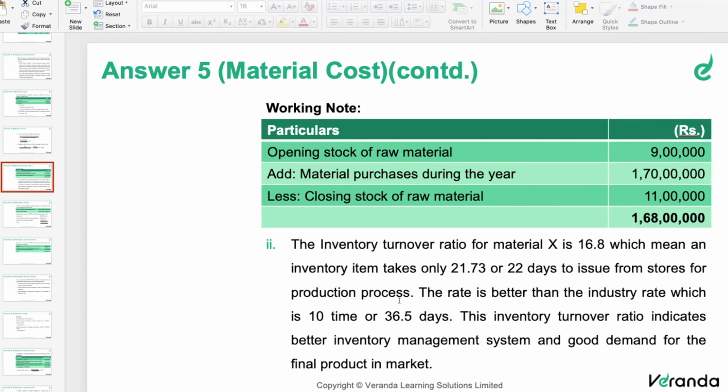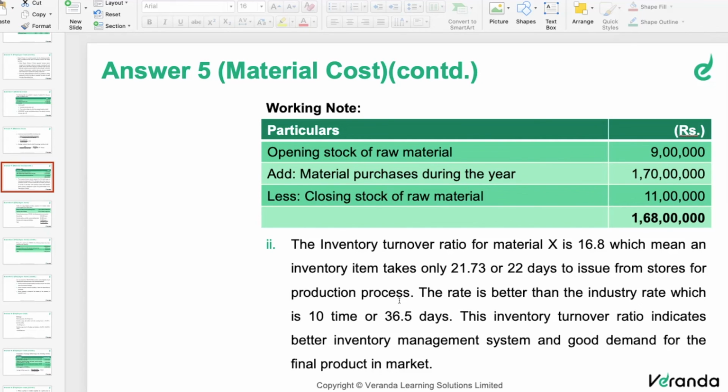It helps us identify whether stock is fast moving, slow moving or non-moving. When compared to the industry, we are using the raw material quickly. Instead of 36 days, we are consuming the raw material in 22 days. Therefore, it is best. Raw material is converted into WIP, WIP converts into finished goods. Therefore, usage of raw material is more, demand will be more, production will be more, sales will be more. Therefore, when compared to the industry, we are better.